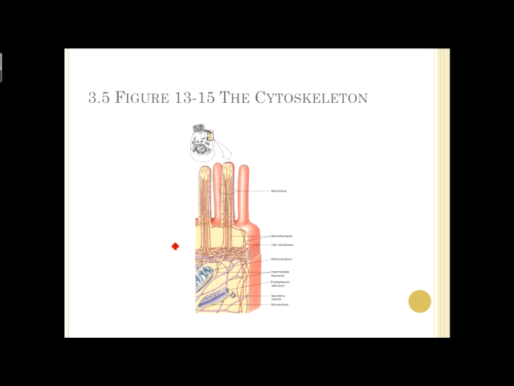And here are some structures. Let's take a look at this. These are microvilli, these little finger-like projections. You'll notice that they have quite a bit of structural proteins inside of them. These right here, the purple things, are the intermediate filaments, and this is figure 13.15. These are secretory vessels, whether it be through exocytosis or this is a product of